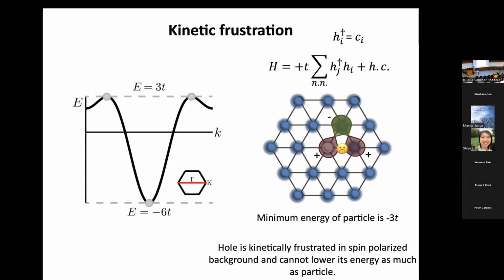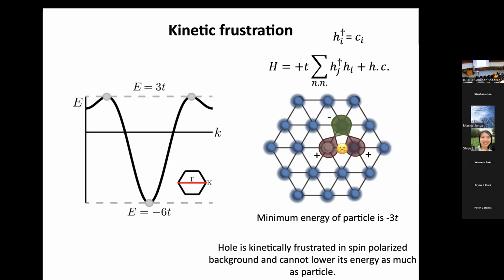And in the band structure, all you have to do is flip the sign of the tunneling, so you flip the band structure. And what you want to do now is put the holes in their ground state, which would be here. What used to be the maxima would now be the minima, right? So they're sitting at a finite quasi-momentum. So because of the particle-hole asymmetry, what used to be lowered by 6T is now lowered by 3T. So the hole isn't able to delocalize as much as the particle. It's not as happy as a particle. And so we say that the hole is frustrated.